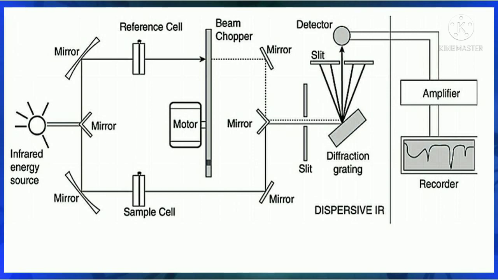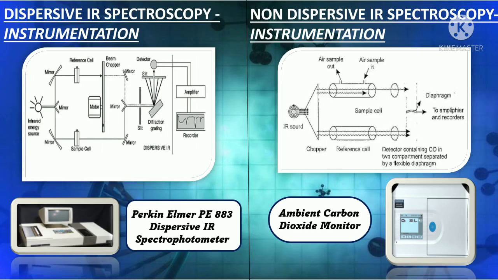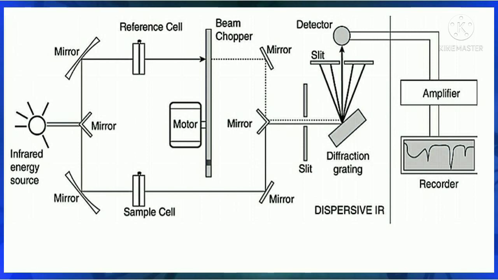These act as diluent and these are also transparent for IR radiation. So what we do here is generally take the sample, mix it with KBr or NaCl in a simple pestle and mortar. After mixing, put it into a KBr press where pellets will be formed. Now here, even in the reference cell, a KBr pellet will be used, where only KBr is there, but in the sample both KBr and sample are there. Well, what are the advantages of using KBr plates? It can be stored for a comparatively longer period of time and it also gives a better resolution.